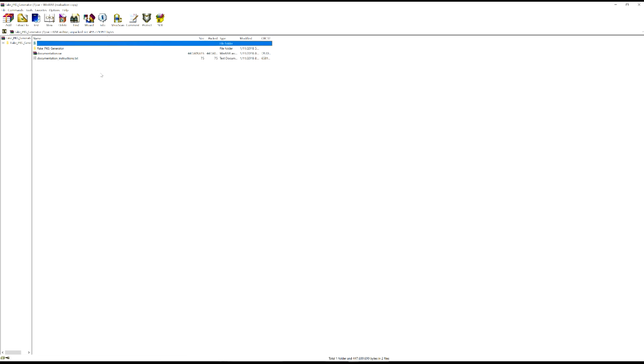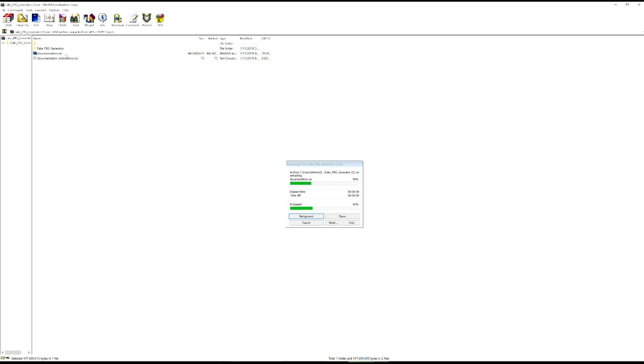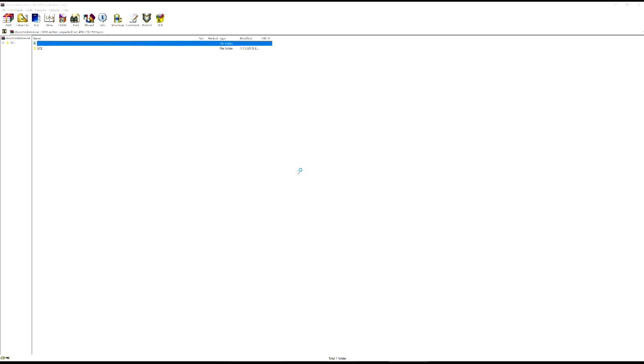So you need to open it up, and once it's like this, you've got documentation.rar as well. You're going to need to open that up as well. So that's the first thing you're going to do. Now that you've got it open, you've got this folder called SCE. Now to install this, you need to put this into your Program Files (x86), which is for the 32-bit